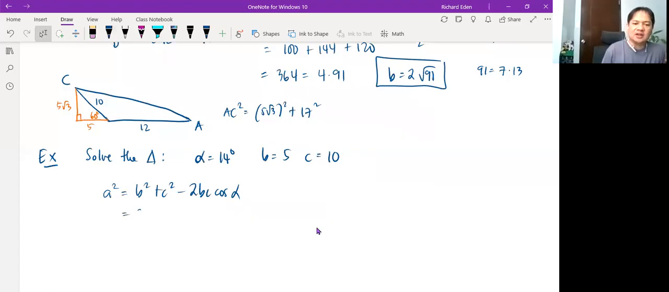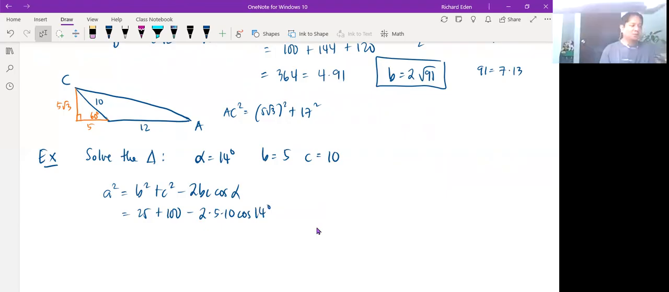So we have 25 plus 100 minus double 5 times 10, that's the cosine of 14 degrees. An approximation would involve using a calculator. So A would be approximately